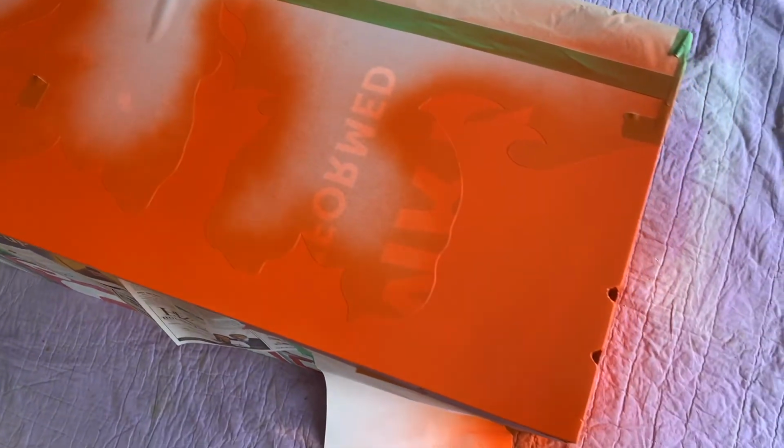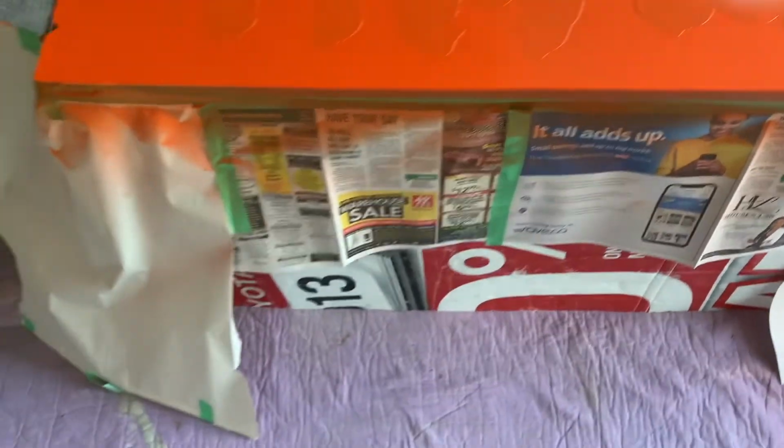And another thing too, taping the body off. You got to make sure you tape it off. I know I'm going to have some leaks somewhere, but...